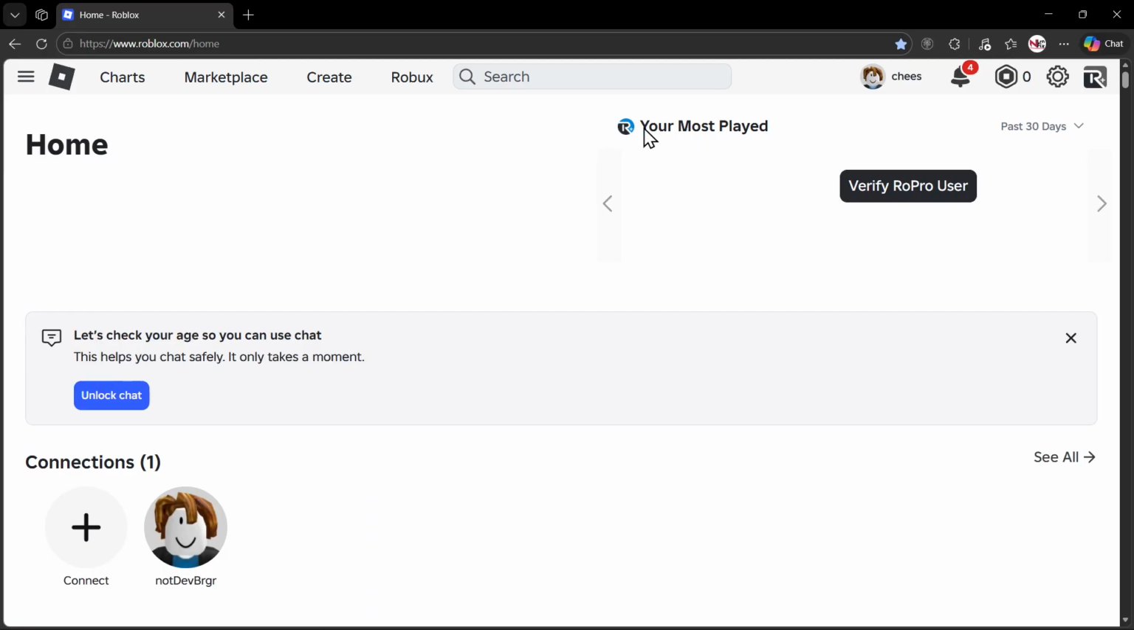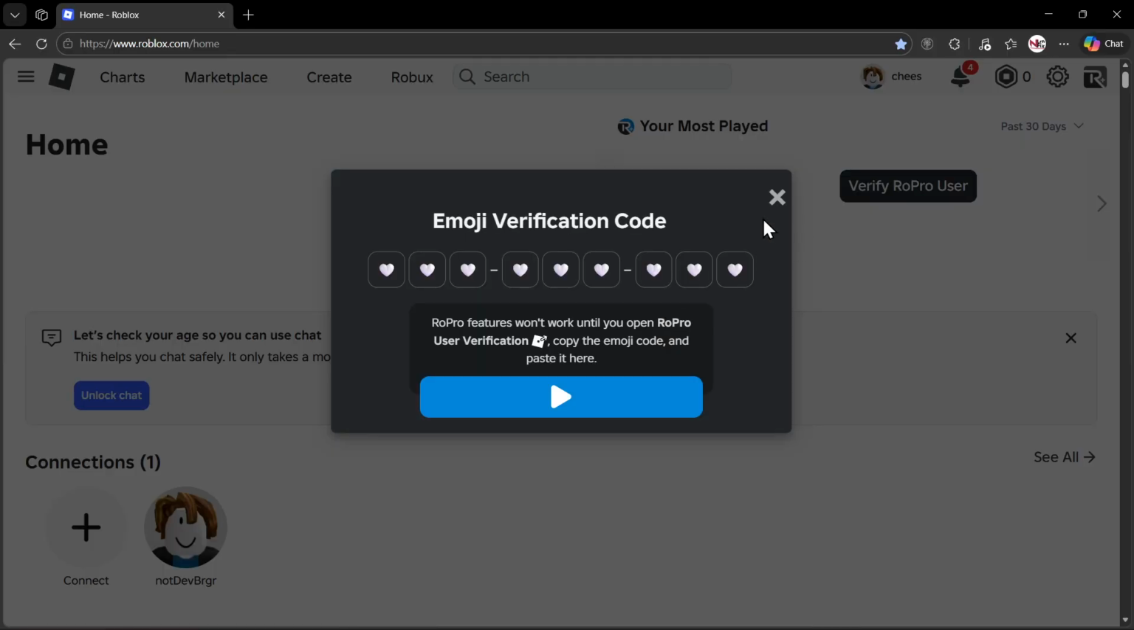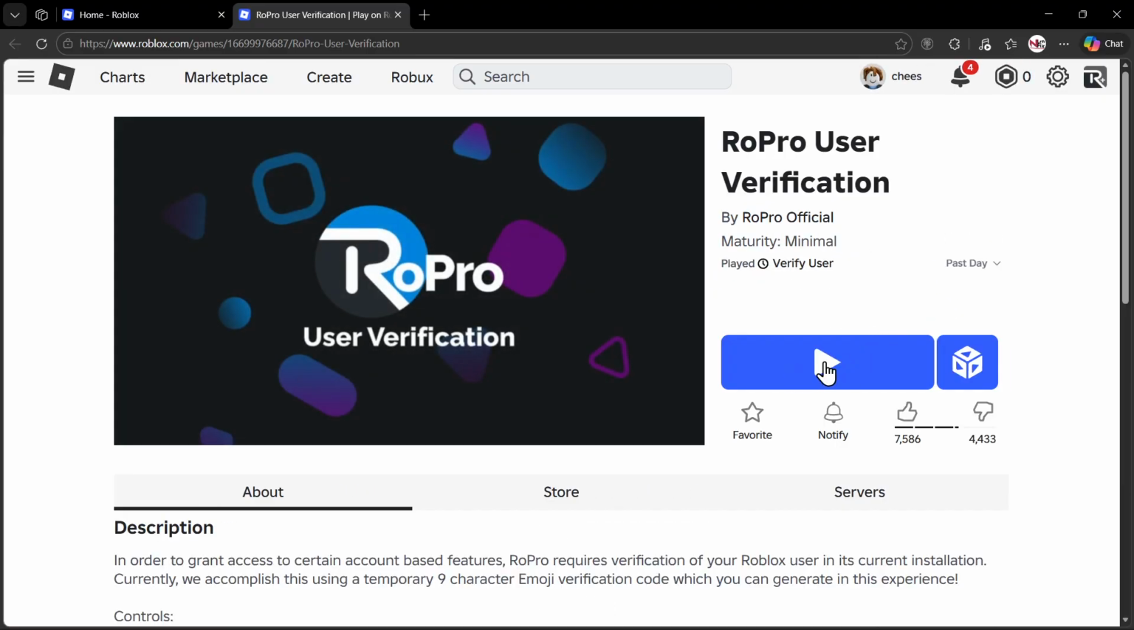So to be able to use RoPro and its features, you have to verify. So click on verify, and then verify again, and then you'll be required to join the user verification game. Just click on this play button, and then it will take you to the game. Click on play,